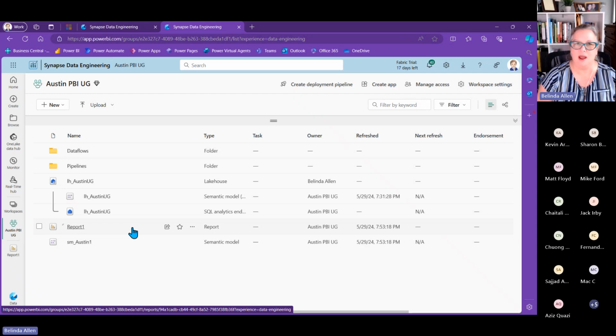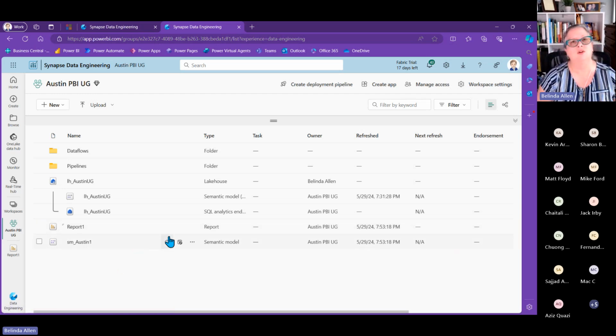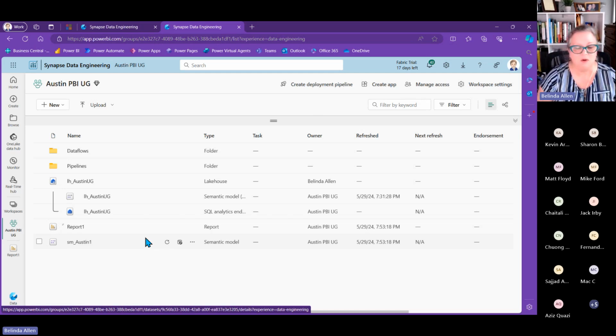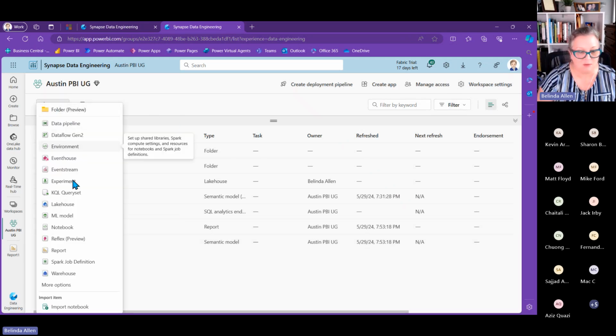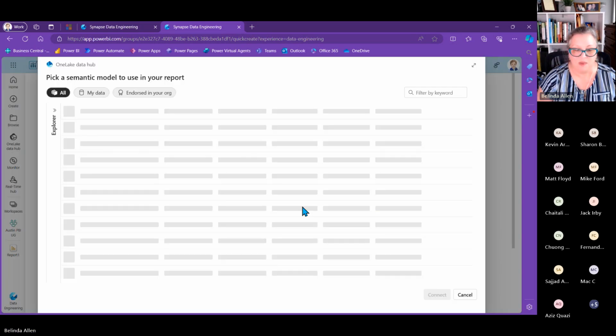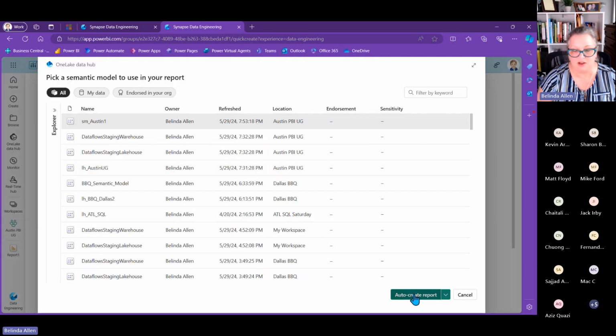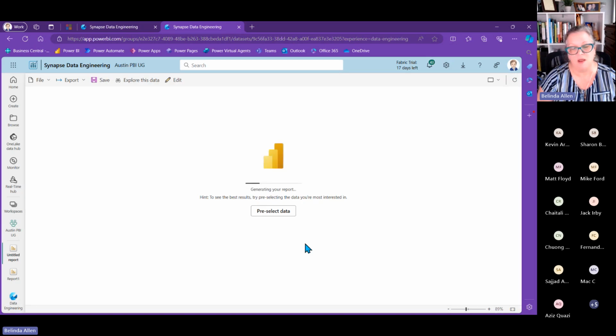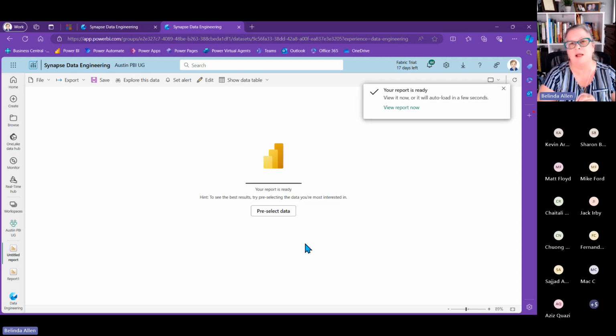Essentially, in one hour we went from creating a lakehouse to creating a data model in connection with Dataflows. We have it where it can refresh. All we have to do is turn on the refresh now to refresh on a regular basis. And we even created a report. And now that I'm here, I might choose to create a report this way, because if I do it based off of the semantic model, I could choose auto create report, and it'll automatically generate for me. The data could also be available through Copilot as well.